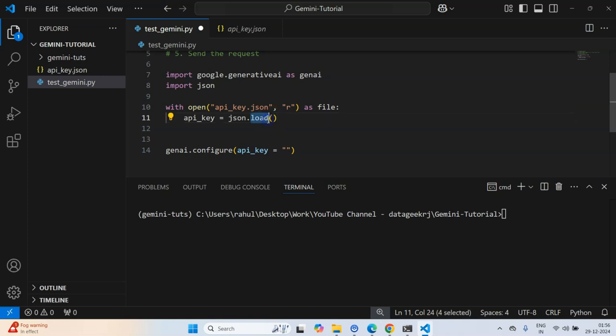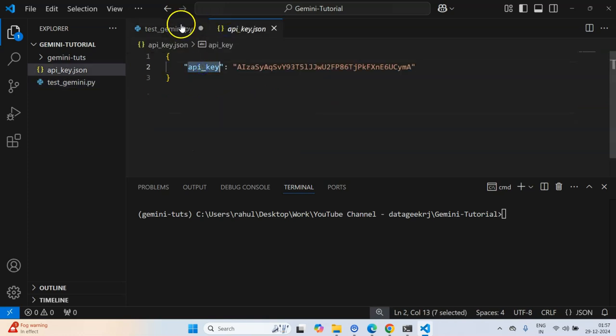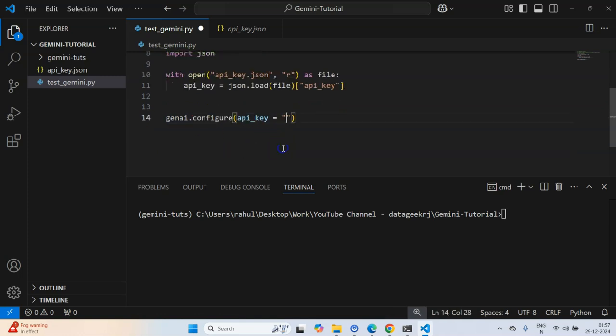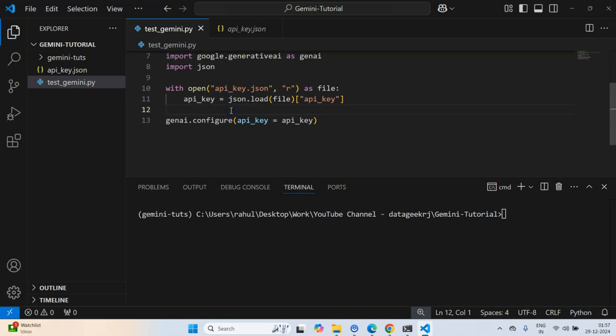If I had a string in JSON format, then I would have called loads, which means load string. Once the file has been loaded, I can simply copy this key, because this JSON will be available to us in a dictionary format, and this API key I can pass here.